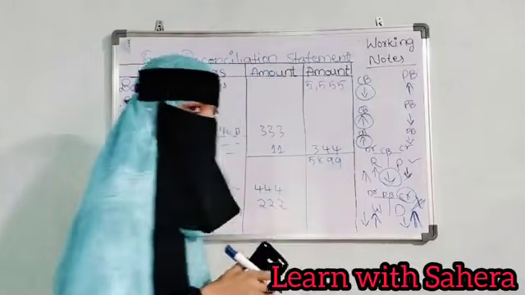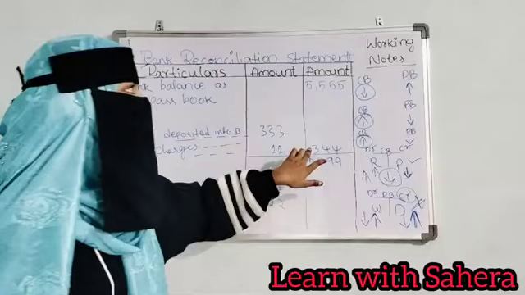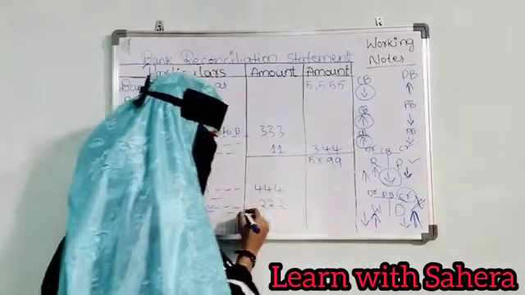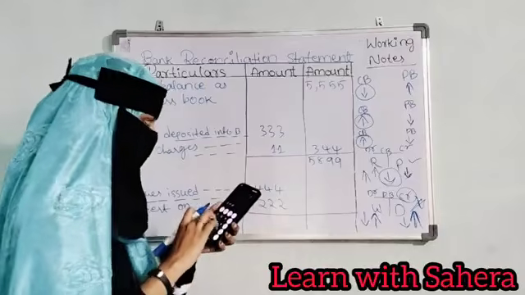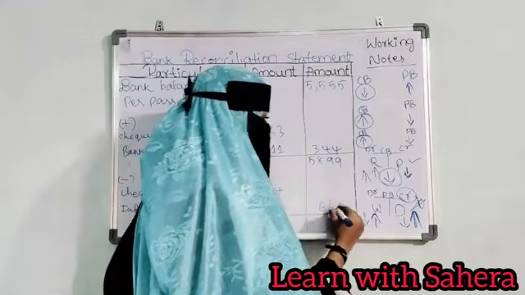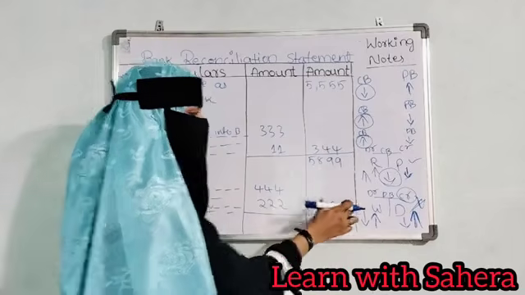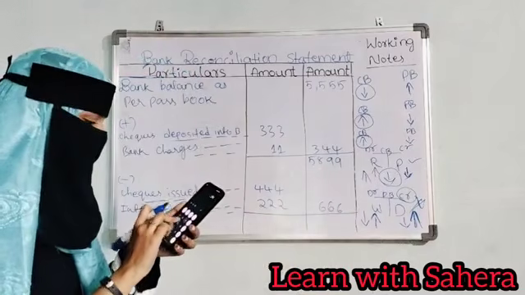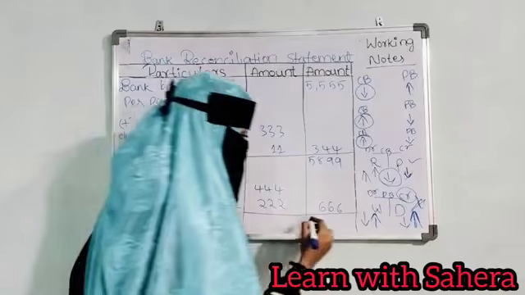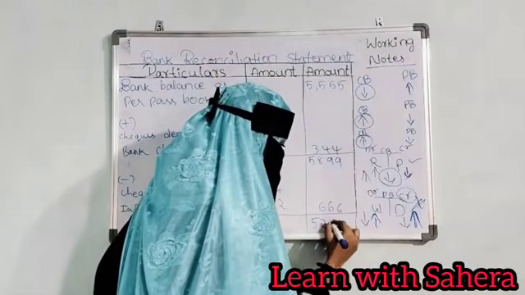5899 is the total. Okay, adding this, taking the amount here, again adding both of these amounts, then the amount will be this. Now you have to do this total. 4, 4, 4 plus 2, 2, 2. How much is the amount? 666. Now from this amount you have to subtract this amount. 5899 minus 666. How much is the amount? It is 5233. You have to write that amount here.